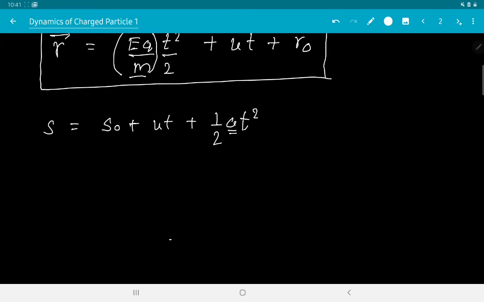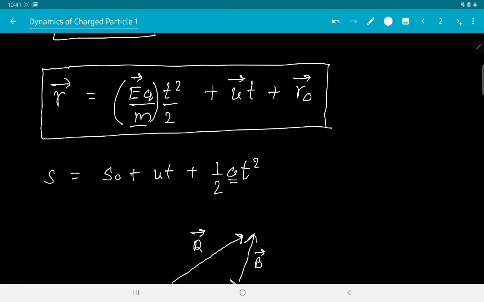We know that if we have one vector in this direction and another vector in this direction, let us call this a vector and this b vector, the resultant of these vectors will be given by drawing another vector from the tail of the first vector to the head of the second vector. This will be the resultant vector. So we are going to use this and express this resultant displacement in diagrammatical form. To get this resultant displacement, first we will have to add these two vectors.